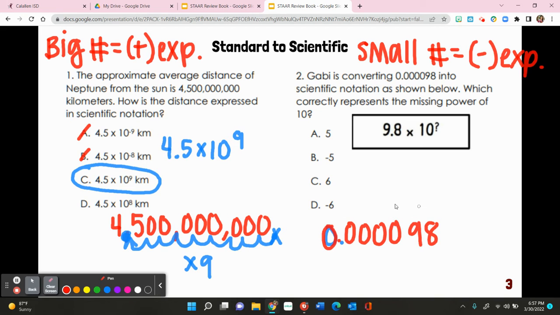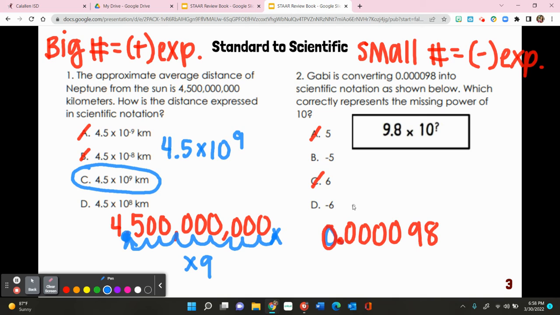That being said, if I have a very small number, that tells me my exponent should be negative, and I can eliminate answer choices A and C because they have positive exponents. So now we need to talk about where we want to place our new decimal. Right now, my decimal is currently placed right here, and I need to place my new decimal after the first